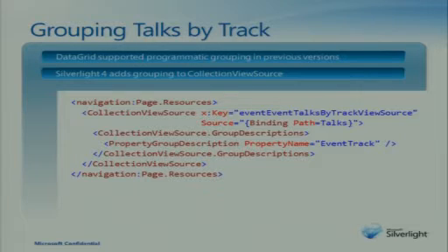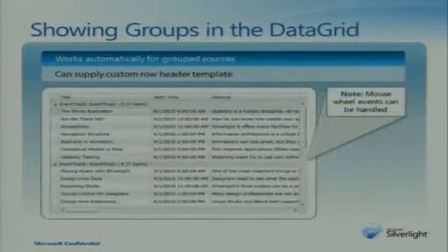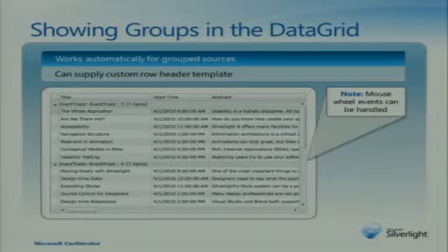So what you can do is you can use a collection view source in the XAML, and you can add group descriptions to say how you'd like your data source to be split into groups. And when you bind a data grid to a grouped data source, it will automatically add grouping headers for you. So it'll look like this. We'll see a list of talks, but between each set of talks you'll see a kind of title row showing